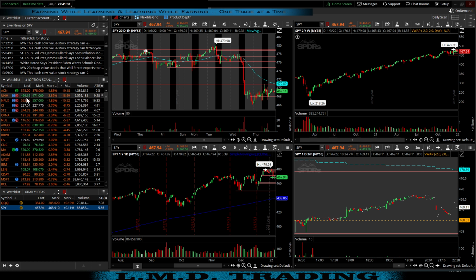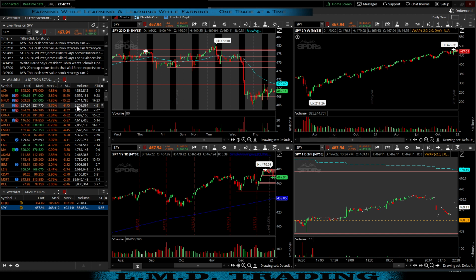got what the stock closed at the previous day. That's what the last is. Market is what it's trading at now. Usually this number is going to be different in the mornings when you're sitting down because of whatever the stock did after hours the day before, as well as what it's doing in the pre-market that morning. I have a column for percent change between the market and where it closed, column for dollar gained or dollar loss,